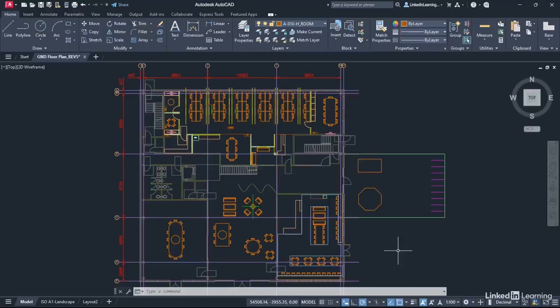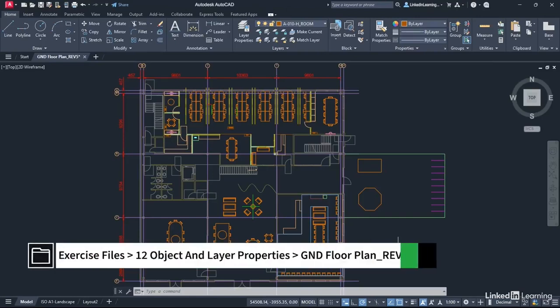We're starting a new chapter now on how we can work with object and layer properties in our AutoCAD drawings. We've got a new drawing for you. It's called Ground Floor Plan